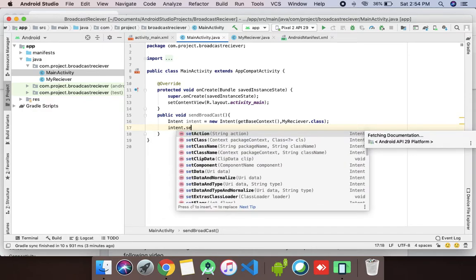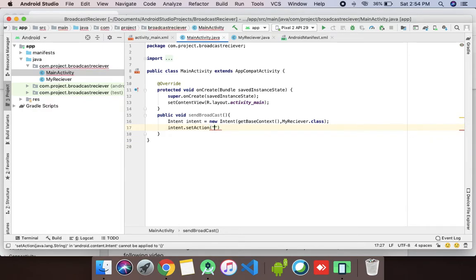In this intent, we need to set an action. This action will be our custom broadcast. For example, we are going to set com.example.custom.intent.